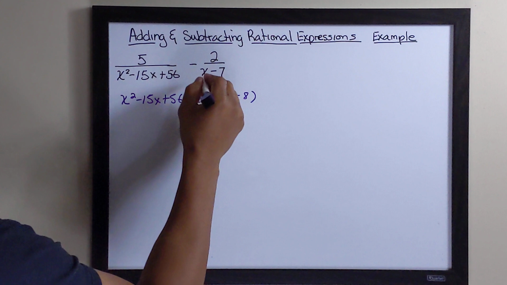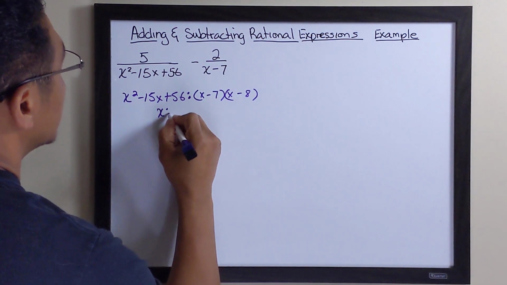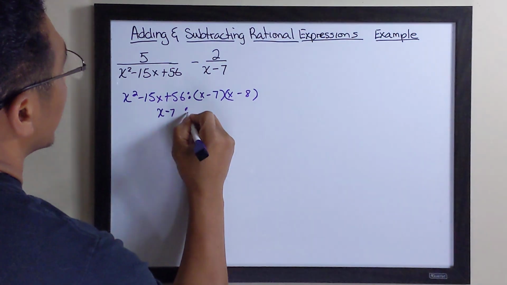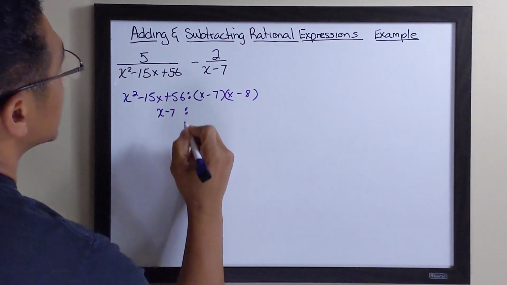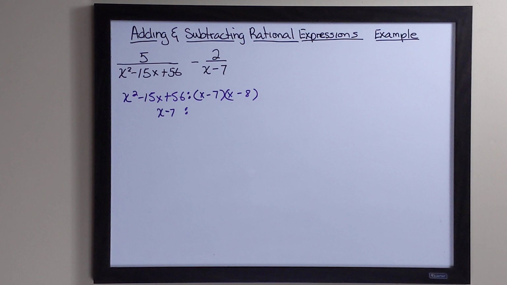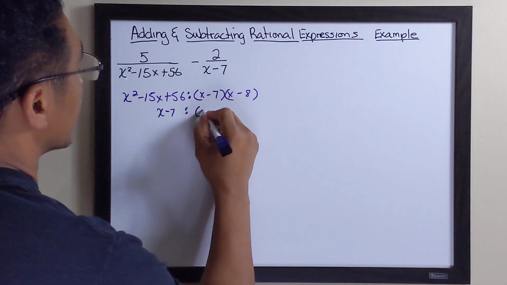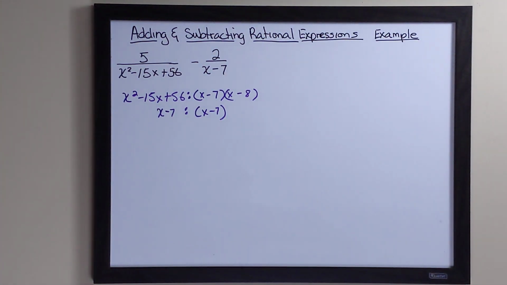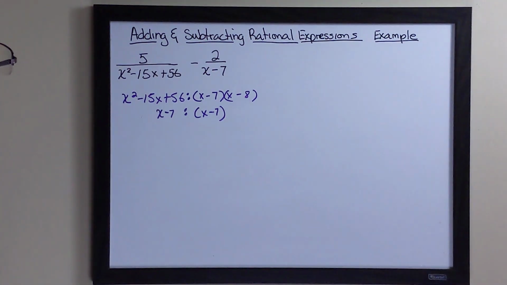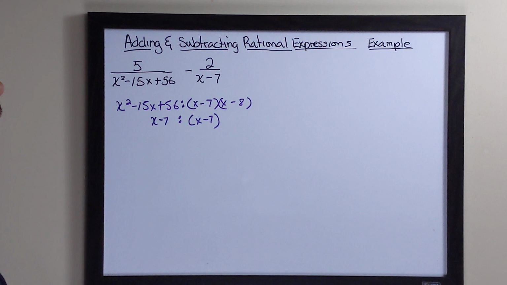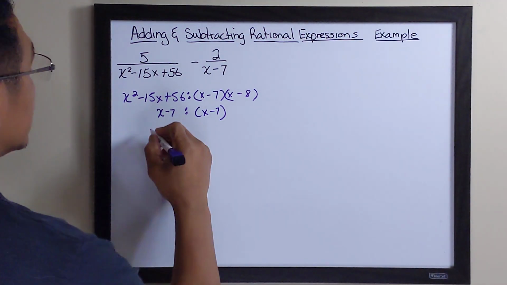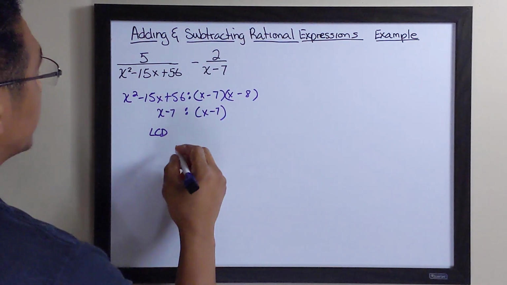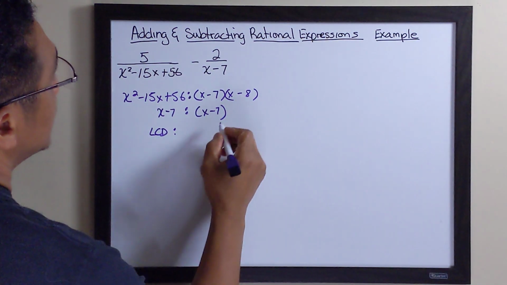Now let's look at x minus 7. X minus 7 is prime. You cannot break that down anymore, so it stays the same, x minus 7. Now we're going to find our least common denominator by way of least common multiple. Our least common denominator, which is what we're looking for so we can have a common denominator for this fraction, is going to be